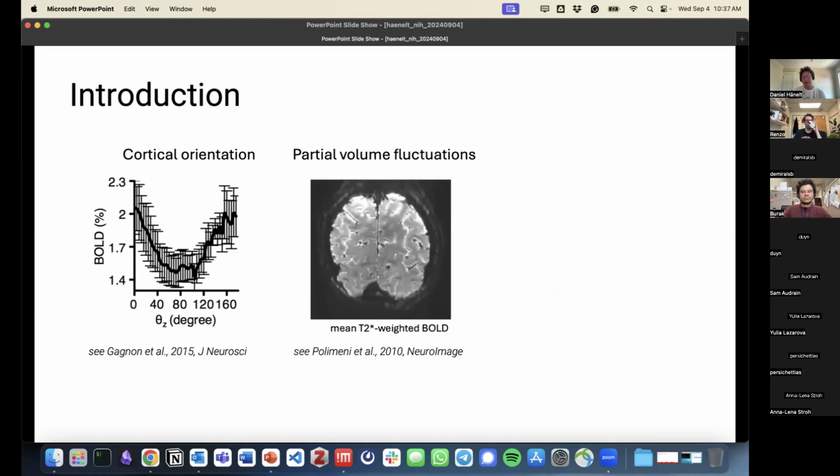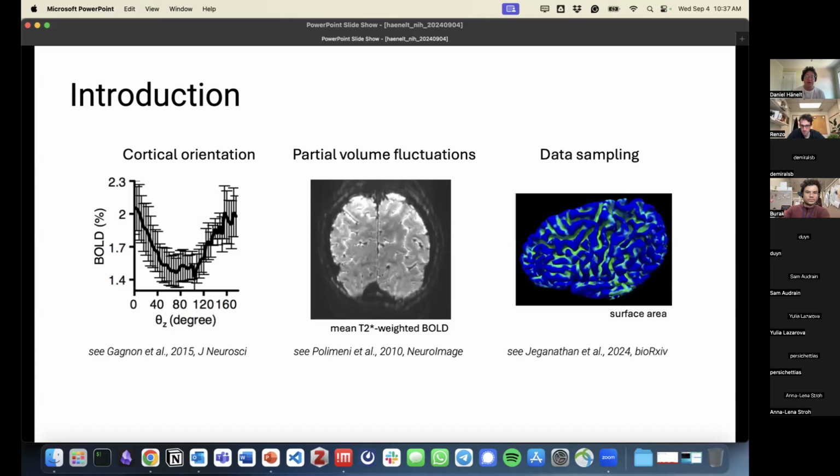But there might also be partial volume effects, for example, fluctuations due to pulsatility effects, the gray-matter CSF border can influence the fMRI time series, but also processing steps. For example, sampling the time series data to a cortical mesh can have a big impact on the analysis, which